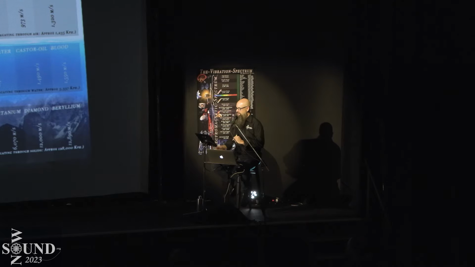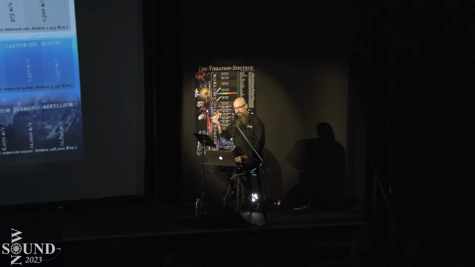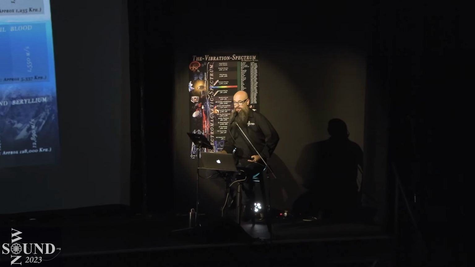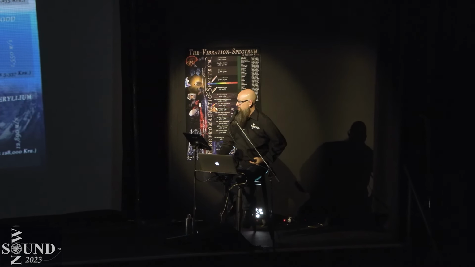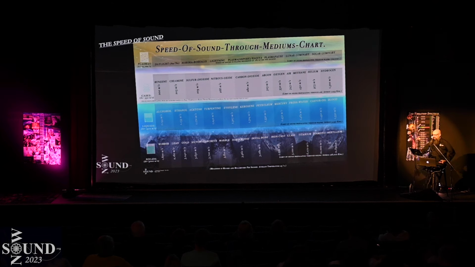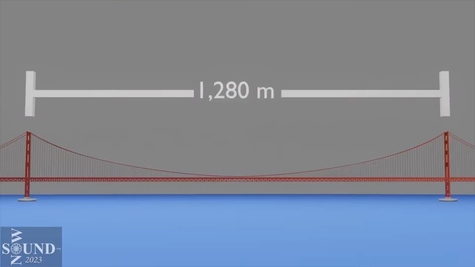And then plasma is much slower because it's not a very dense medium. And we're looking at it in millimeters per second, about 25 to 27 millimeters a second through plasma, as measured in the lab. So have a look in the break at those posters. They are fascinating. So let's visualize the speed of sound. Here is the San Francisco Golden Gate Bridge, and a great visual because this is basically 1,280 meters long. Here we go.